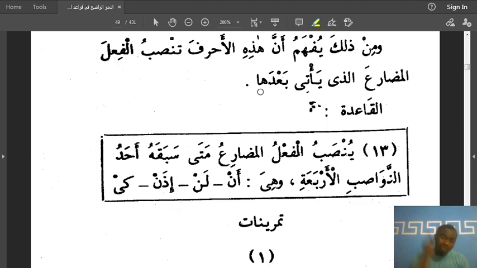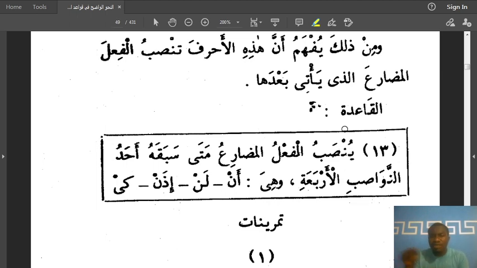So when a present tense verb comes after one of these four, the present tense verb will now take fatha instead of its original dhamma. Now, the grammatical ruling we can take from this lesson is ينصب الفعل المضارع. A present tense verb is made mansub, given that fatha, or made into the accusative case متى